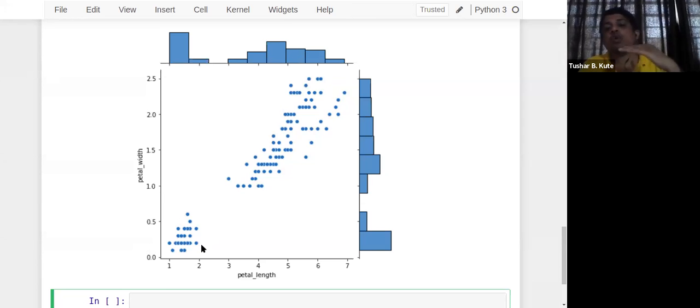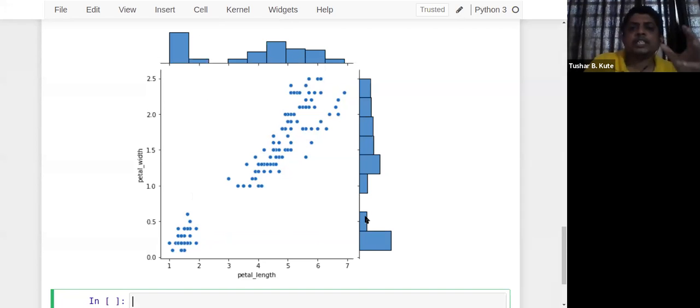Complete scatter plot, one against the other, and you can see on the right and top, meaning on the x-axis and y-axis, the histogram of that particular data. So the histogram of petal length you can see on top, and the histogram of petal width you can see here on the right-hand side. And you can observe one thing: there is no value present in between for both. If I project this here, no values are there. If I project this here, exactly this area is not containing any value. That's why this is empty here. On this angle also they are empty.